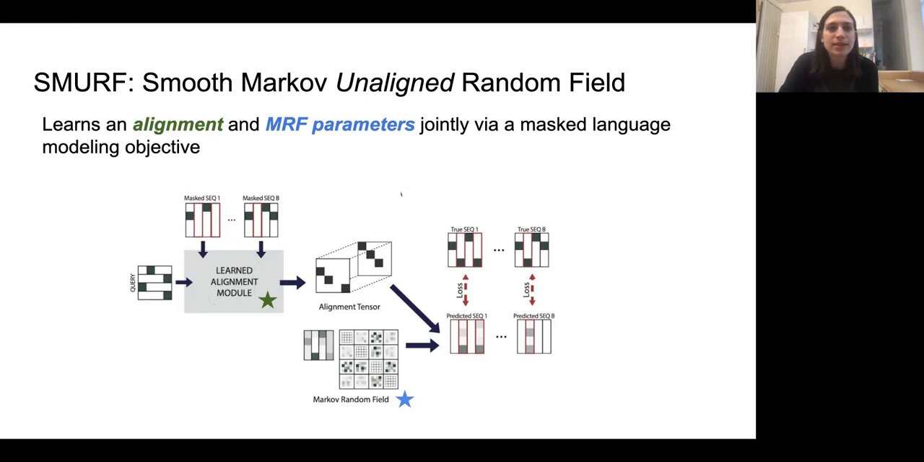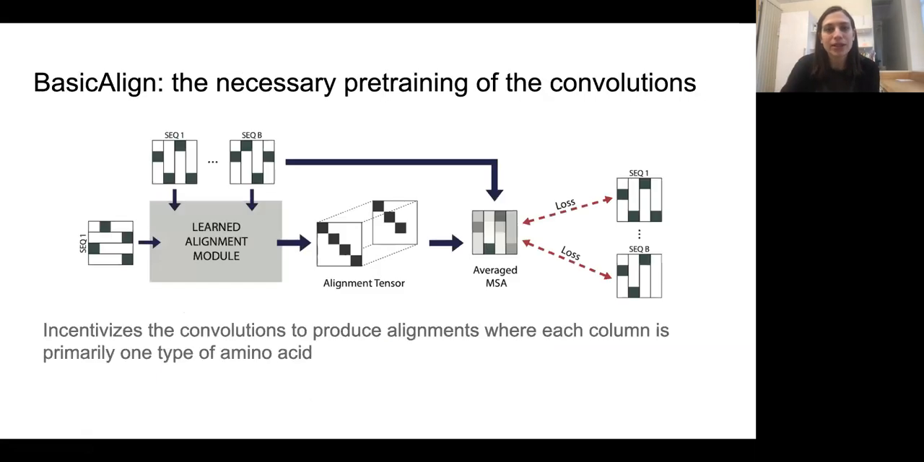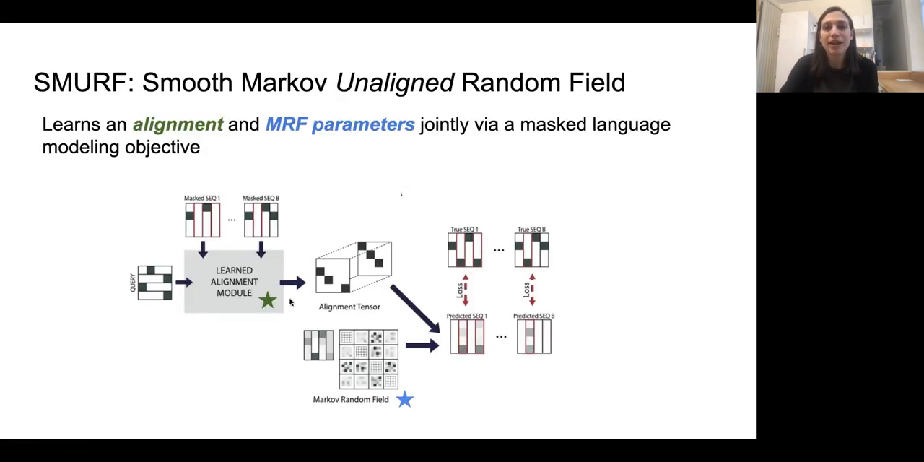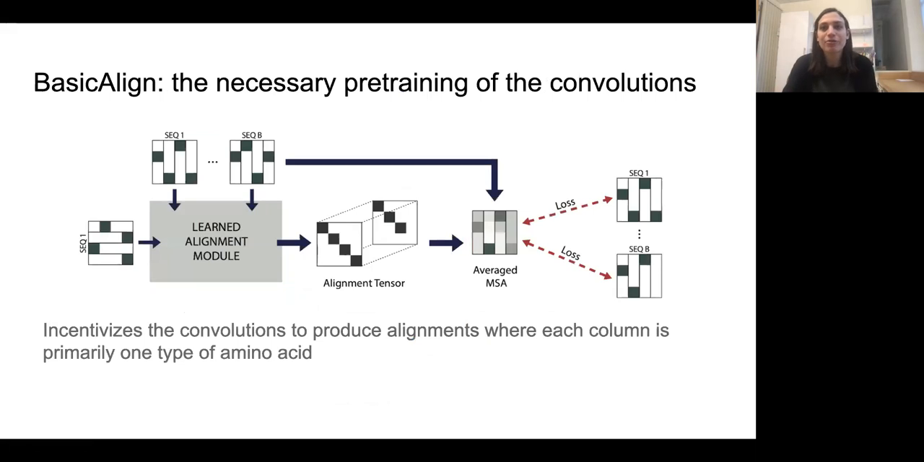But since this is a more technical audience, I will also mention something that was vital to get this to work. When we just ran this pipeline as was, we weren't seeing across the board improvements. We felt like it was hard for the network to find a good starting point. So what we ended up doing was some necessary pre-training of the convolutions that really helped give SMURF a good start, starting with a reasonable alignment. And then it was able to learn the Markov random field parameters and at the same time adjust the alignment as it went. But just to get a reasonable alignment to begin with, we needed to do a step